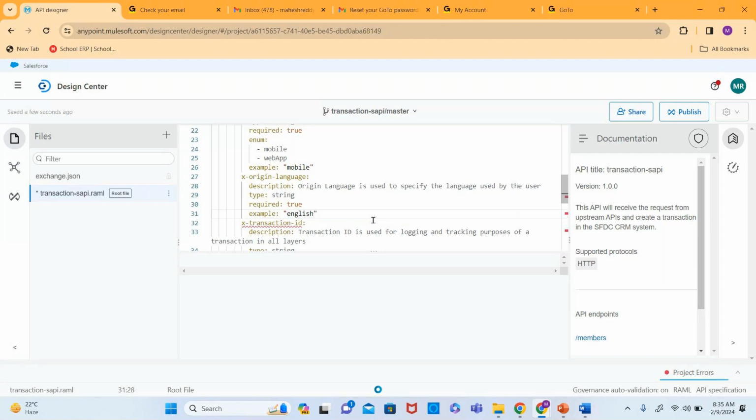Maybe some people use shortcut forms also, or if they have only 3 to 4 languages, they can make it an enum also. It depends on the project requirement. Okay, fine. Now,